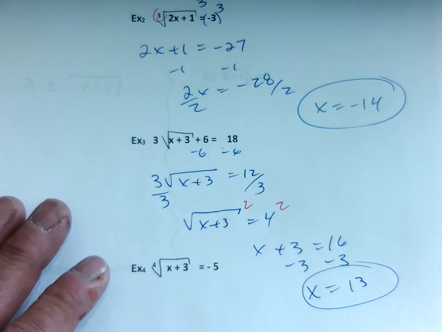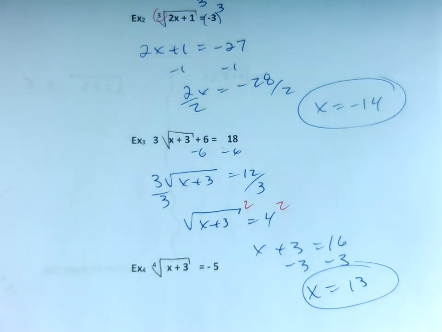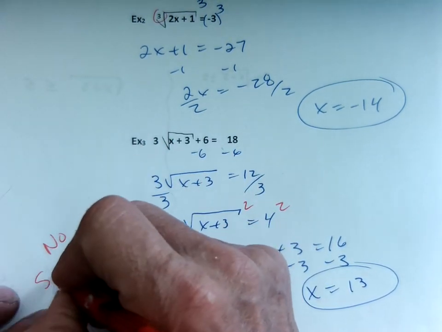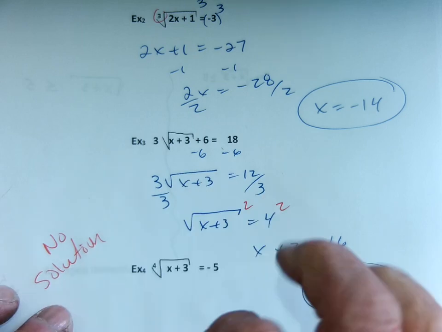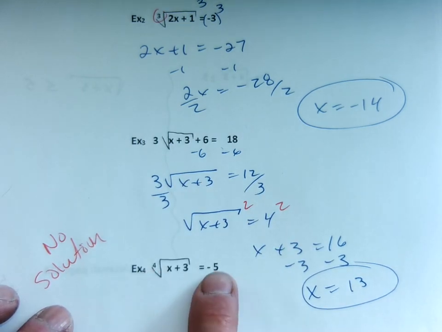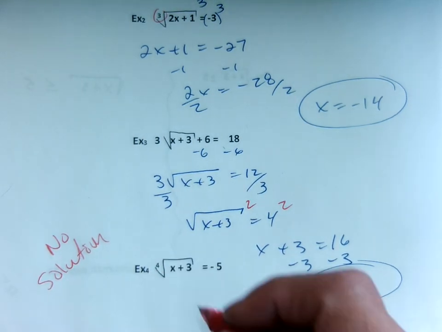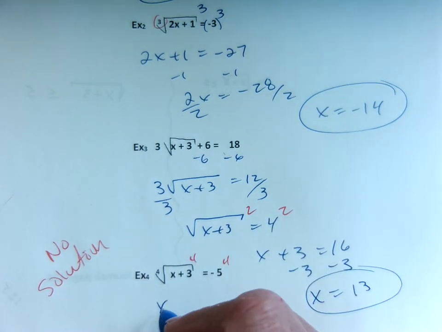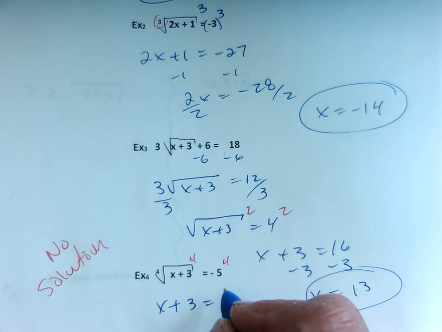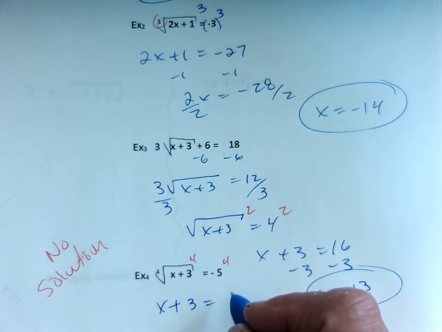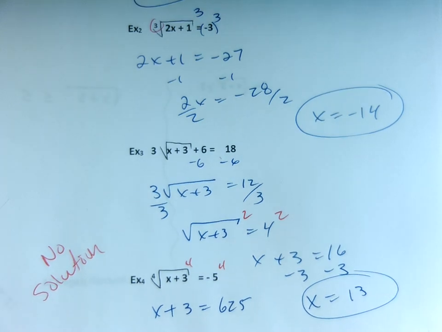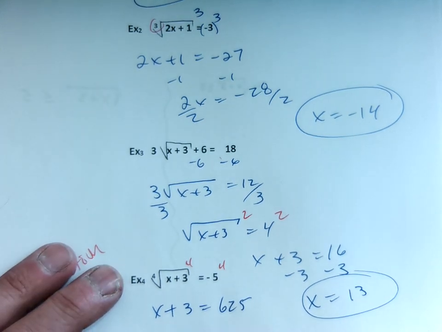Okay? Now, example 4, I already know is no solution, but I want to show you why. No solution because an even root would never be a negative number. But let's go ahead and solve it. Okay, so raise it to the fourth. x plus 3 equals -5 times -5 times -5 times -5, which I think is positive 625. -3, I get